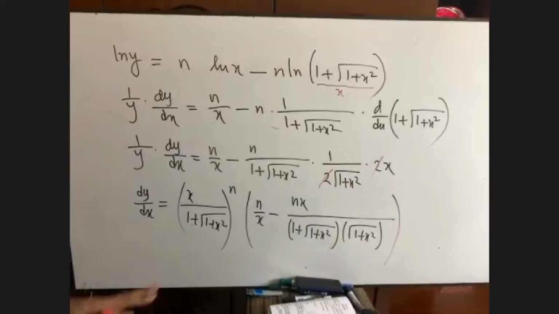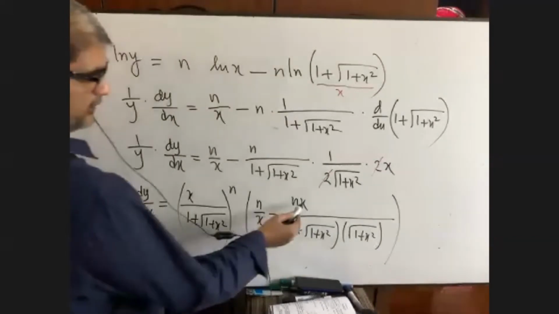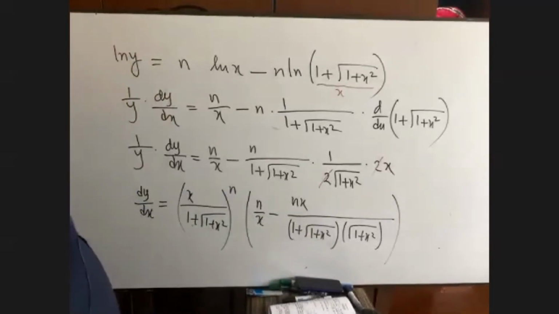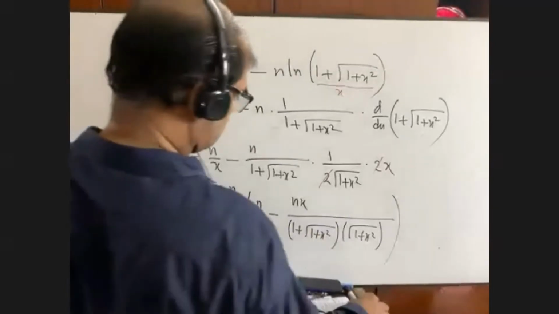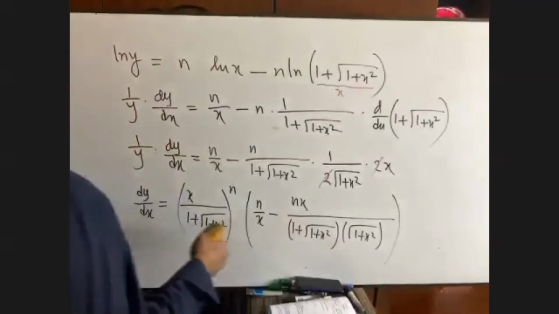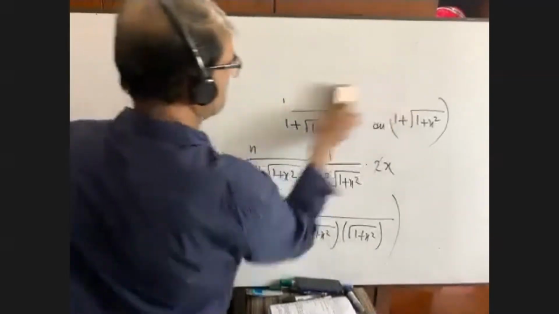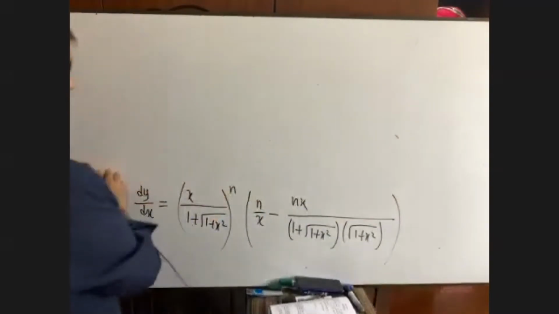Do you like to do any more here? I can do. It can be done: there will be x square and there will be 1 plus x square, it can be omitted. Do you like to expand it? But if you keep your answer here, it is done. Not a matter.